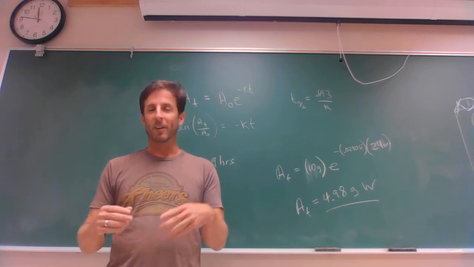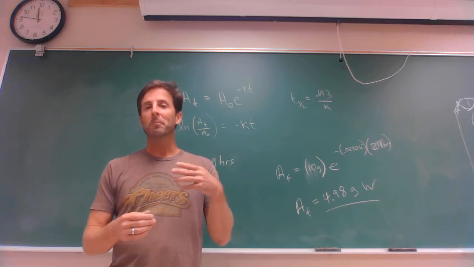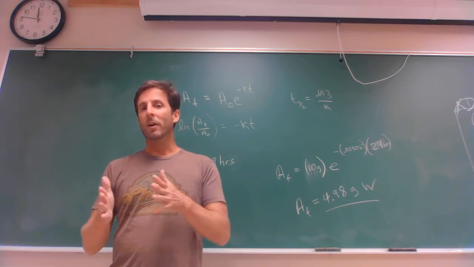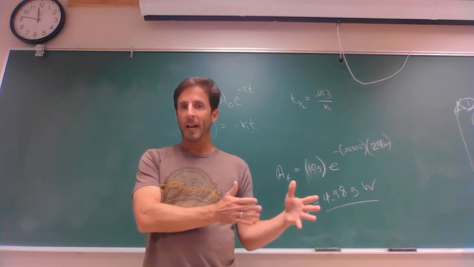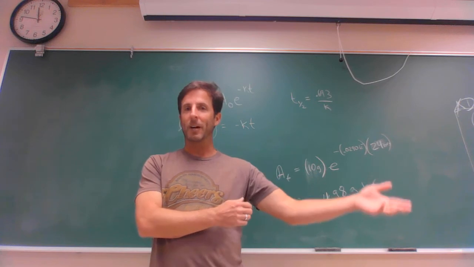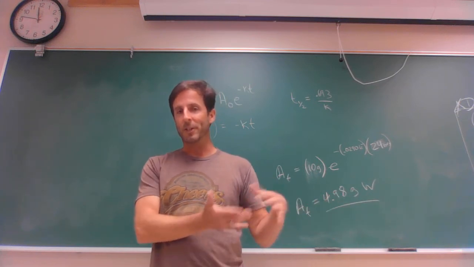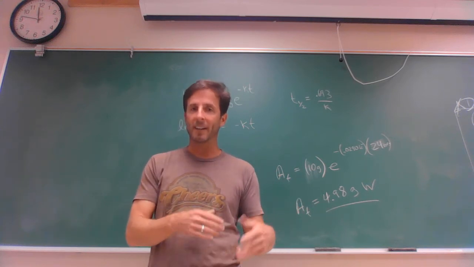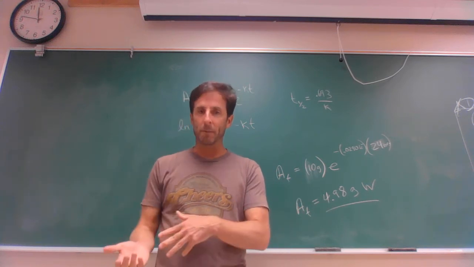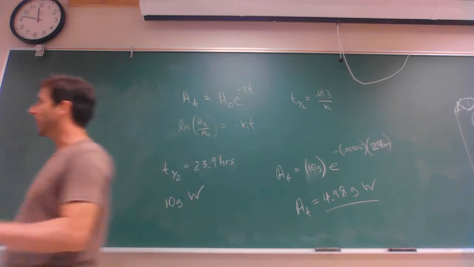This method, the carbon-14 has a half-life of about 5,730 years. So it'll work up to about an original date of 100,000 years ago. And then if you go past 100,000 years, there's really not enough carbon-14 left to measure. So at that point, your data doesn't work anymore. So carbon-14 dating is effective for organic materials up to about 100,000 years. Okay? So the next problem,